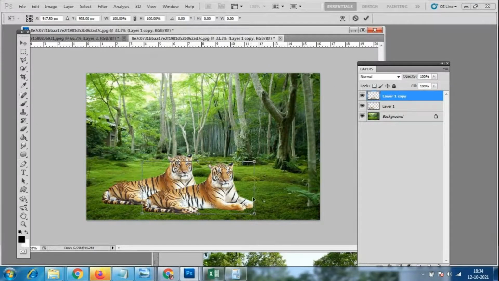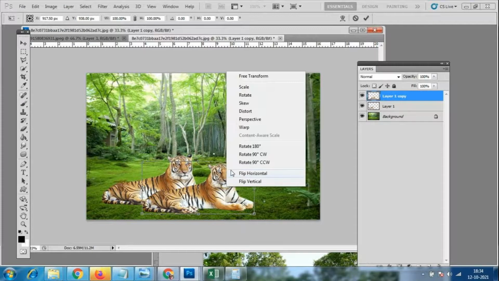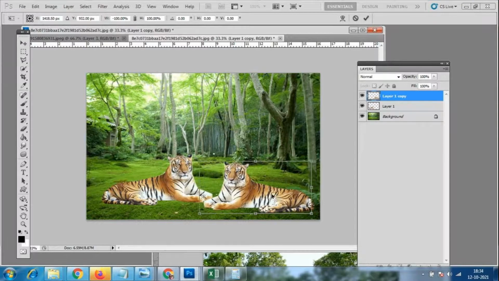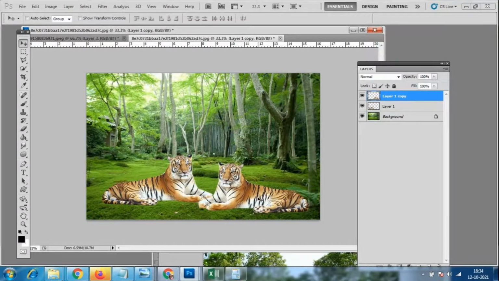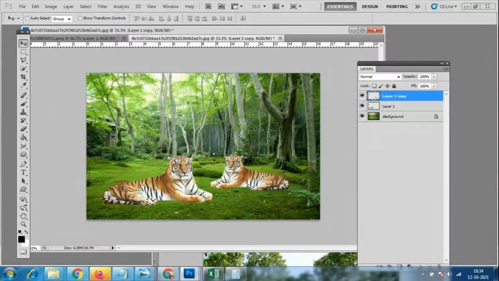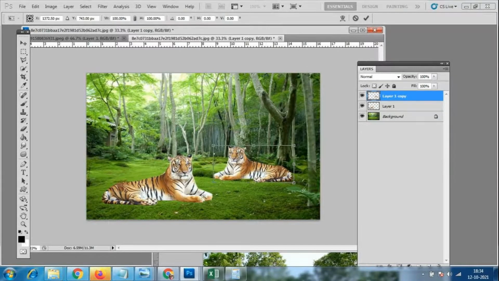Right click on this, here we have the options flip horizontal and flip vertical. So like this we flip it. Then with Control T we can make the image small or bigger. One is sitting near this, one is sitting near the tree over there.